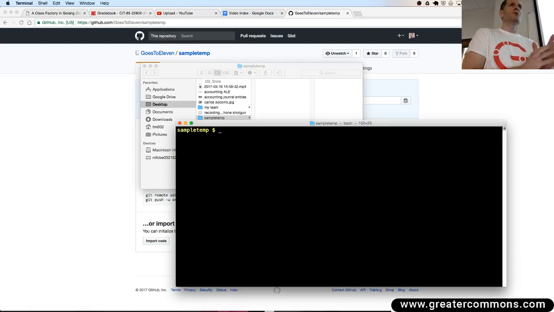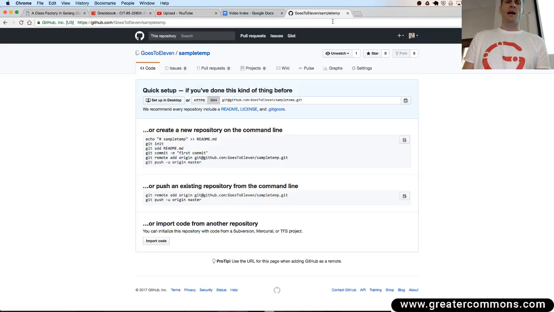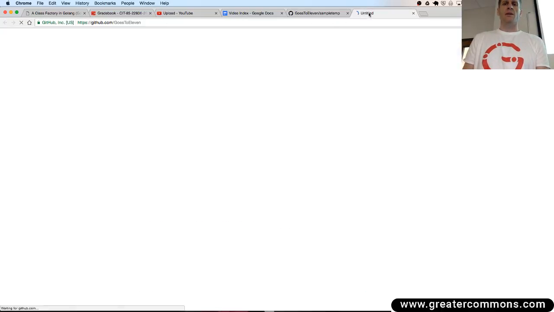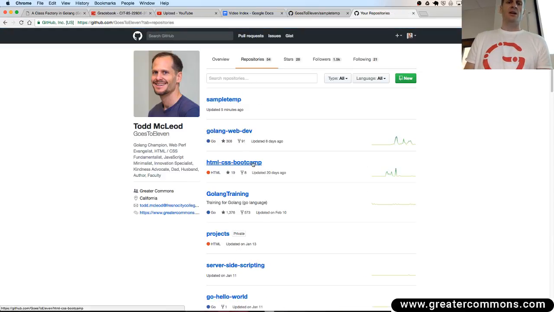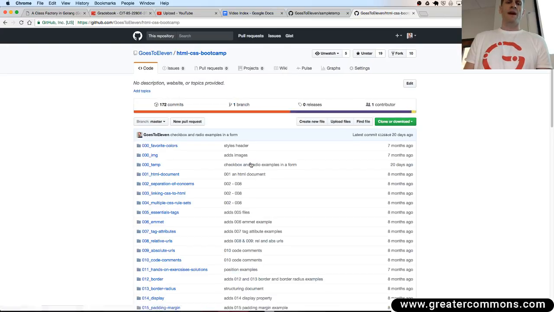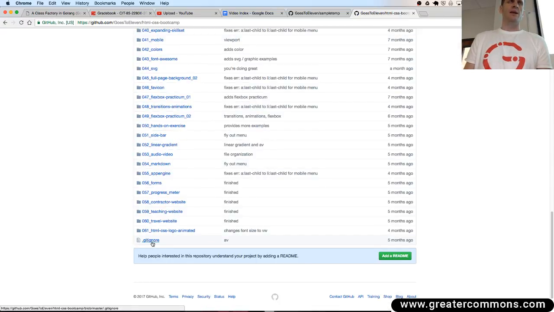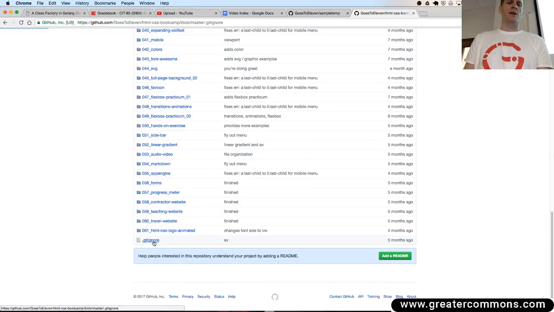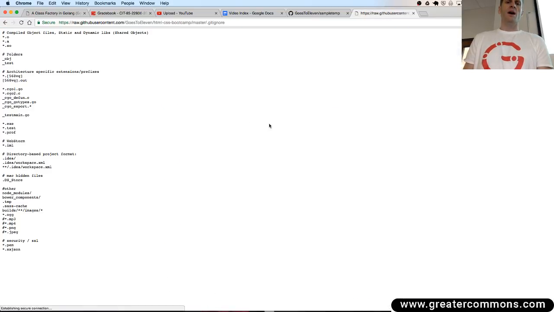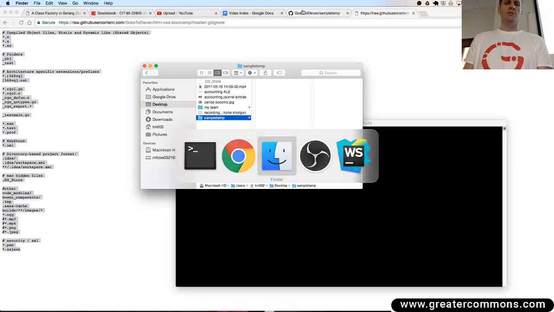So now that I'm in there, the first thing I want to do is in that folder, I want to add in a git ignore file. And so I'm just going to go to my GitHub account, I have a git ignore file. And you can just find it under my, and the repo for this class is HTML CSS Bootcamp. You can find it in there. Just scroll to the bottom. There's my git ignore file. Right? So this repo is HTML CSS Bootcamp. There's the git ignore file. Go to raw, get just the text, copy it, and then come back to,